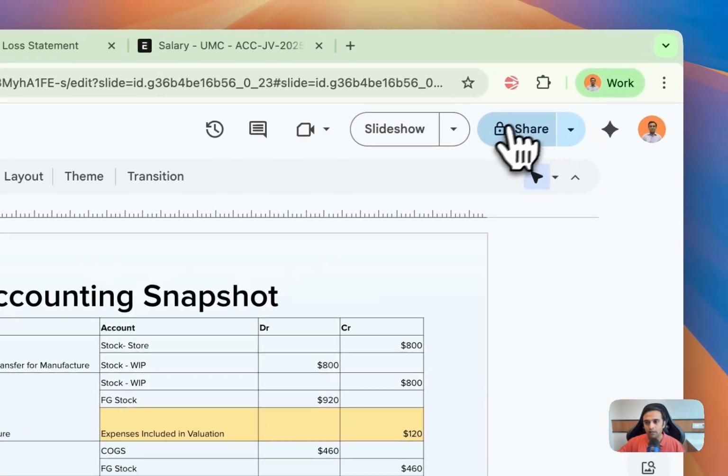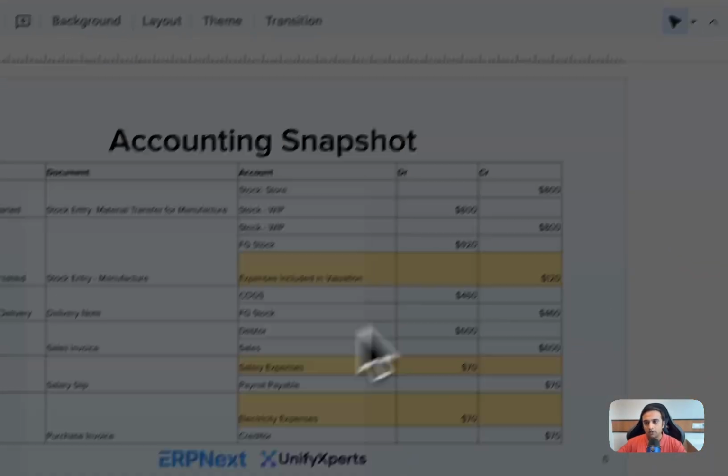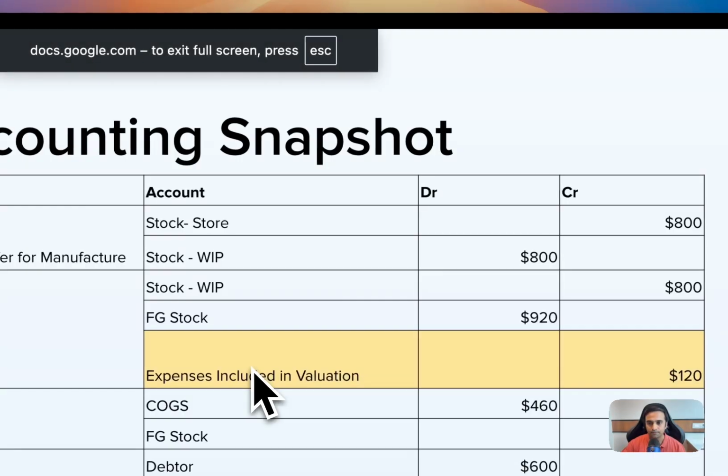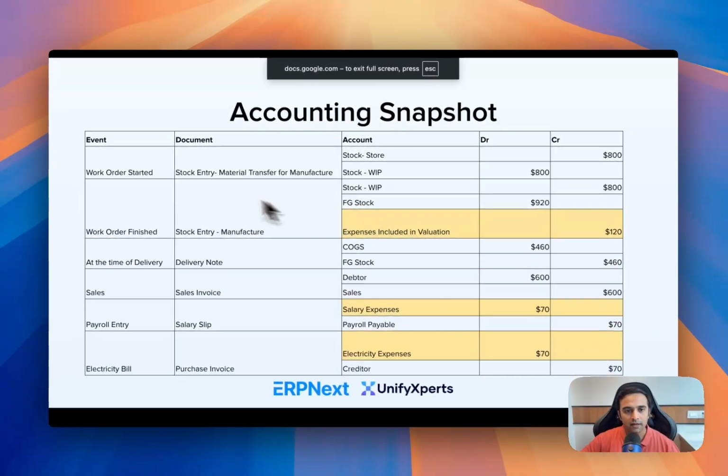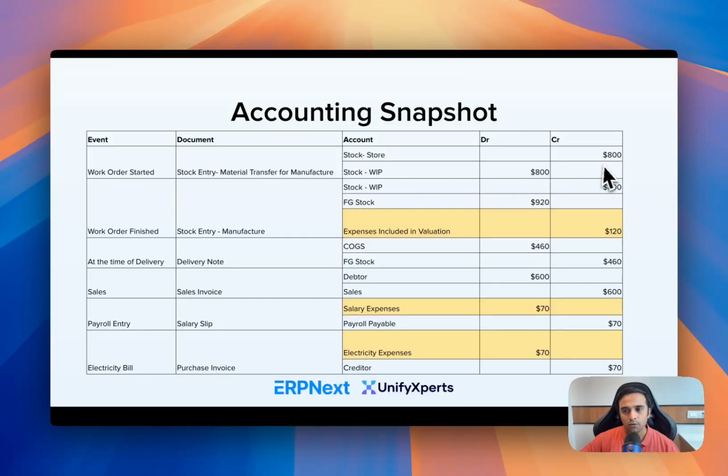So if we look at the accounting snapshot, you'll see that when the work order is started, I've already shown you all of this, but this is just a quick snapshot for a quick overview. So when you start a work order, stock is credited from store, it is debited to work in progress. When you finish it, it is credited from work in progress, and FG is debited along with the expenses included